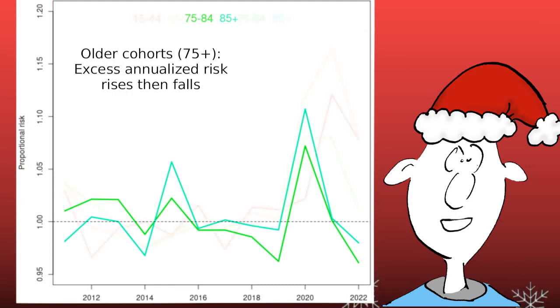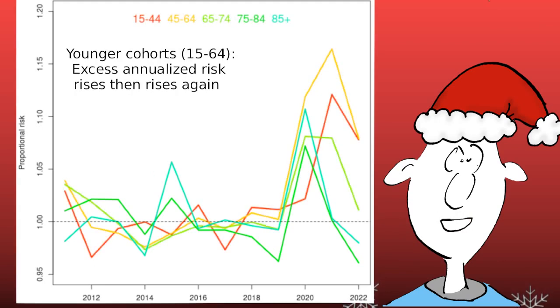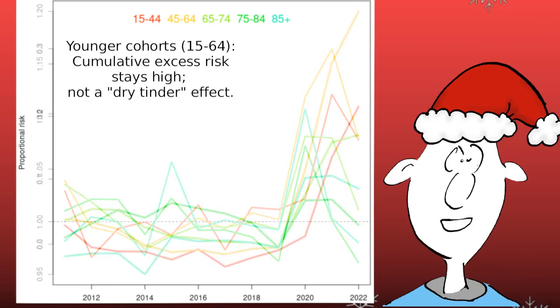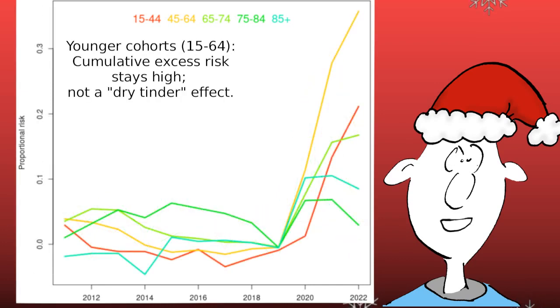It is only as you go towards the lower ages that things start to look strange. For these younger groups, the risk rises after 2020. And in cumulative excess risk it stays higher. These are age groups that do not have any significant risk of death from COVID. Cumulative risk exposure for these groups is much higher than it should be, indicating a non-random, sustained change in death